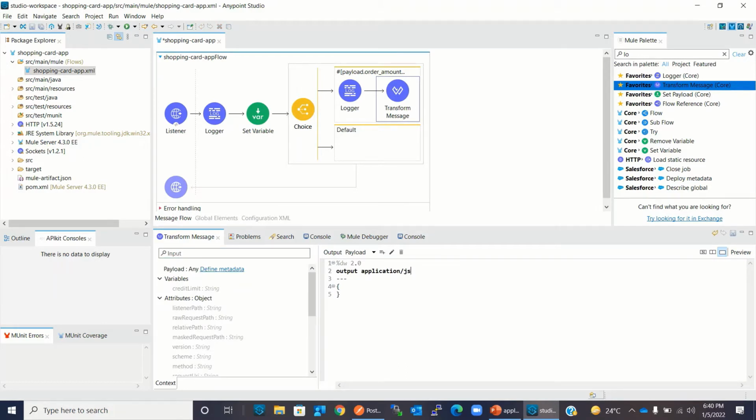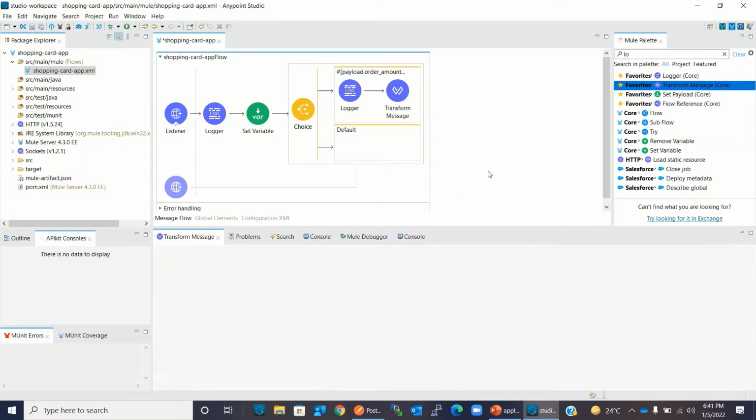I will create a JSON message: sufficient credit limit exists.